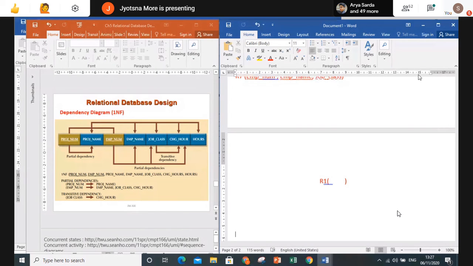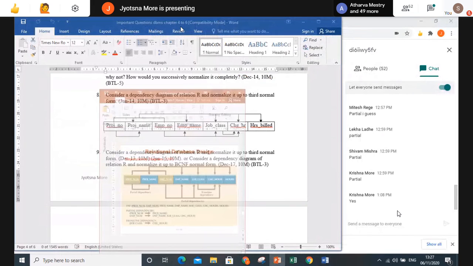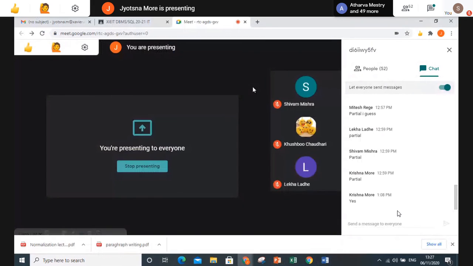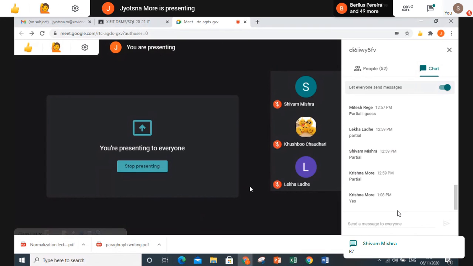Okay, first, any doubt in this sum? Any doubt anybody is having in this sum? If it is there, ask right now so that in next lecture I can start with the next chapter directly. R7. Yeah.